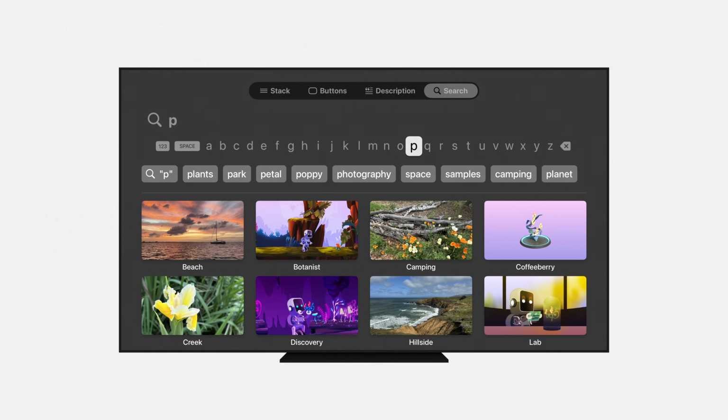Selecting any of these completions will place their value into the search field automatically. Focusing on a suggestion provides an on-screen preview within the search field, indicating both the action the suggestion will perform as well as how this term matches the current input. Once again, this is all the same code that you'd use on other platforms. You'd add a search field to an app for iPad, Mac, or Apple Vision Pro in the exact same way.